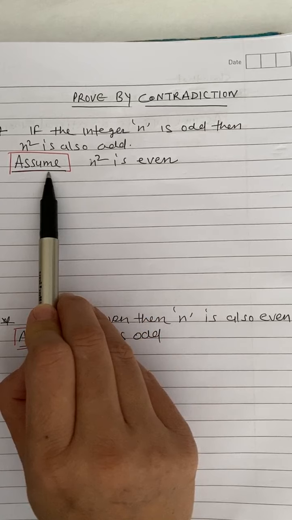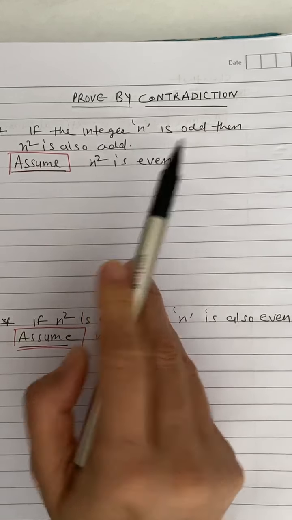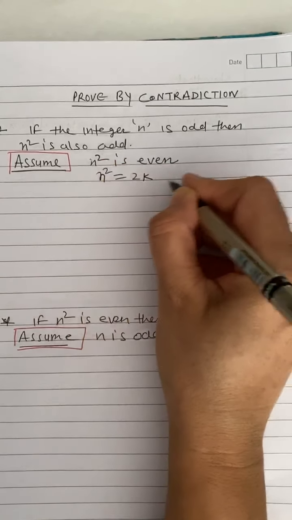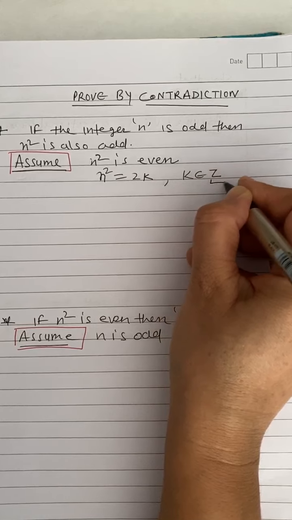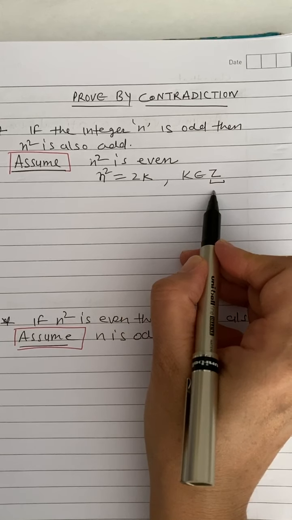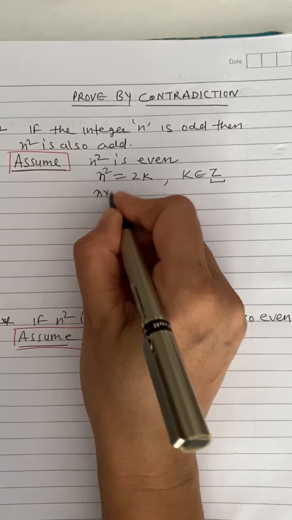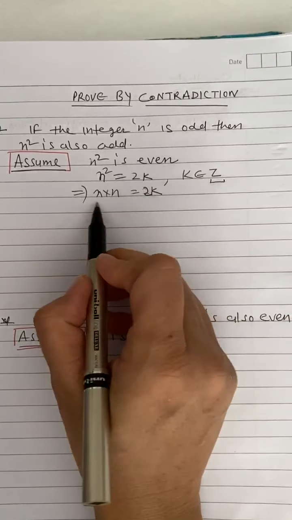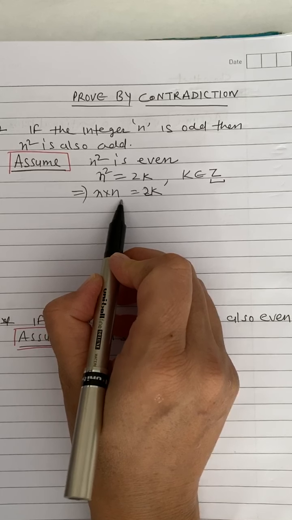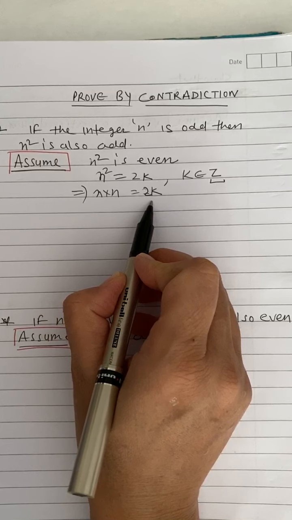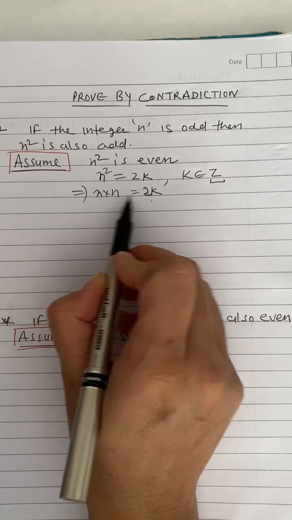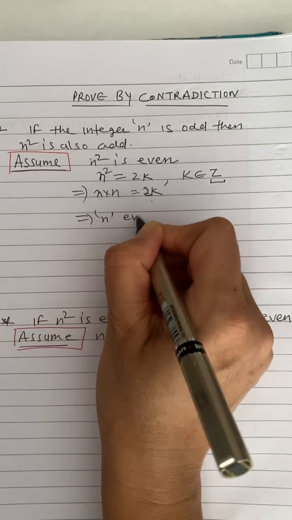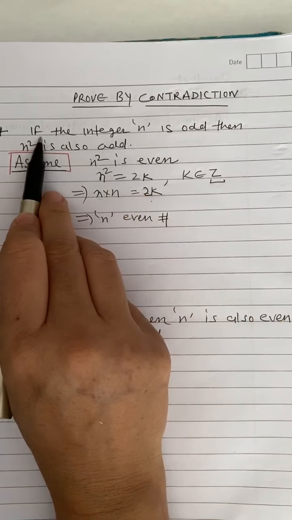We'll start with an assumption that n squared is even. If n squared is even, we know we can represent n squared as 2k, where k belongs to ℤ, which is the notation for integers. This means n multiplied by n is equal to 2k. But this cannot be true, because if you multiply two odd numbers, it gives you an odd number. If n times n is an even number, then n has to be an even number. So this means n has to be an even number,